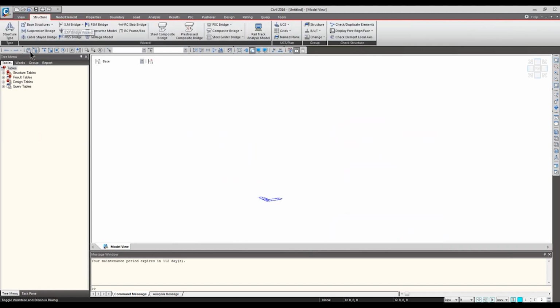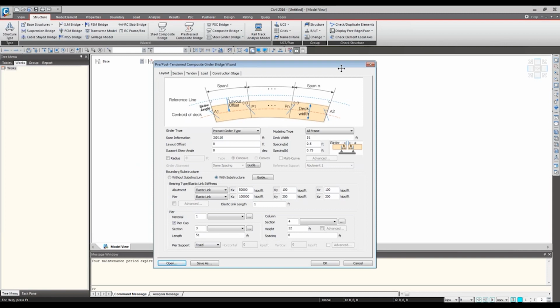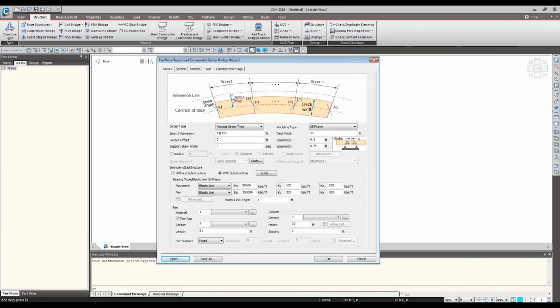So basically, when you open a model, you can now go straight to the wizard and the pre-stressed composite bridge right here. Before, we had up to steel, but now you can also see the pre-stressed composite bridge. If this portion is ever grayed out for you, it's because either you do not have a license for the girder module, or you forgot to check it when you connected your license. Either case, any question, feel free to let me know. So when you open the wizard, it's going to look the same as the steel one. And now it's composed of layout, section, tendon, loading, and construction stage that I briefly mentioned before.